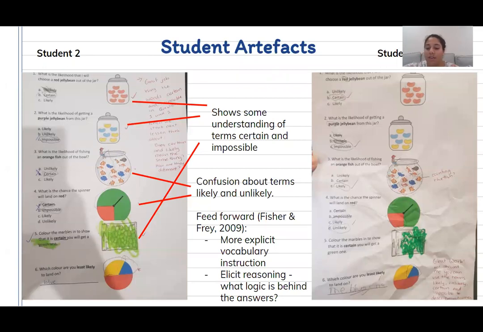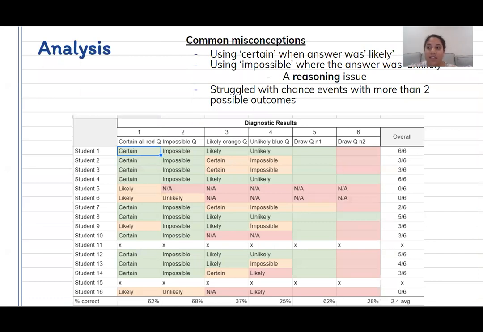Here I just have a summary of what data was collected. The data showed that while over half of the students could use the terms certain and impossible, a third of them could not really do the same. They could do the same with the terms likely and unlikely, but the rest couldn't. What was interesting was that these two terms sometimes actually got mixed up, but more so that students also often gave the answer impossible when it should have been classified as unlikely, or the same for certain and likely.